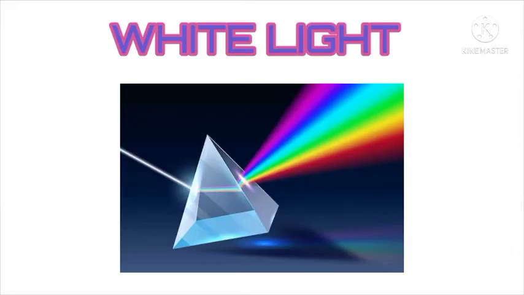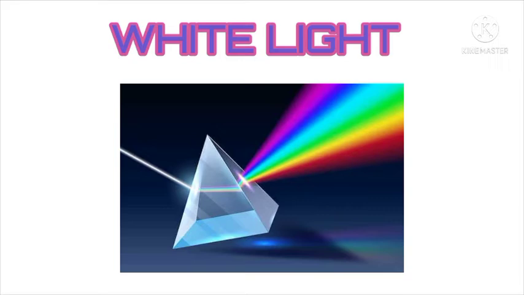White light is defined as the complete mixture of all of the wavelengths of the visible spectrum. This means that if I have beams of light of all the colors of the rainbow and focus all of the colors onto a single spot, the combination of all of the colors will result in a beam of white light.